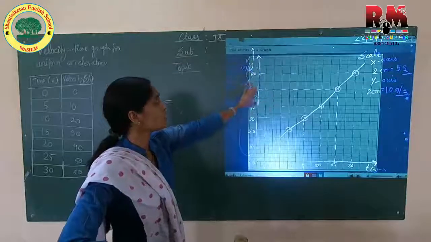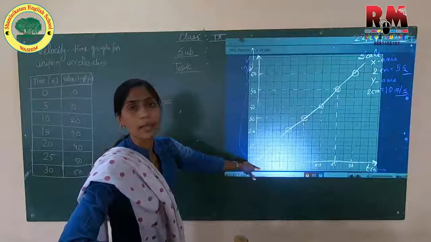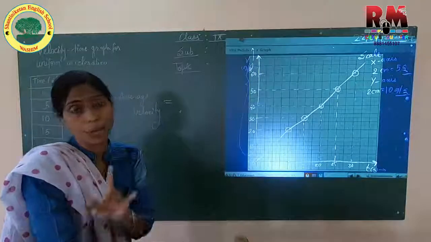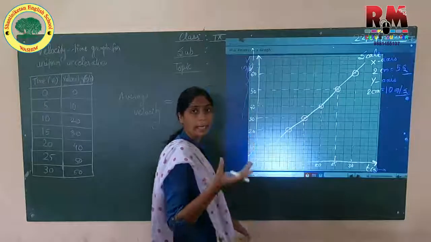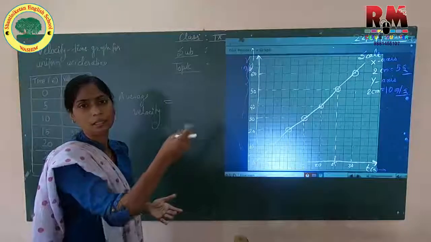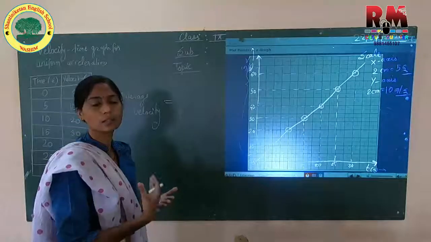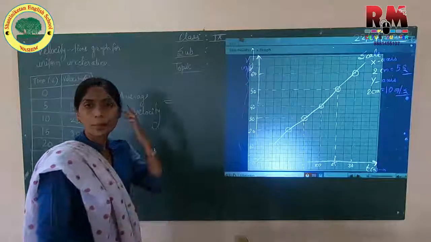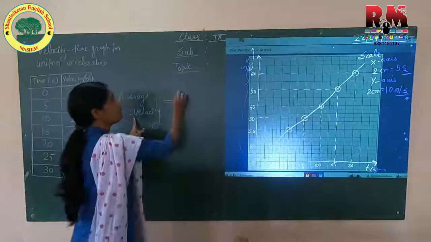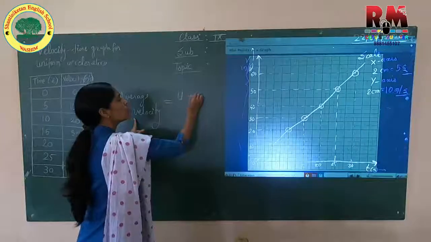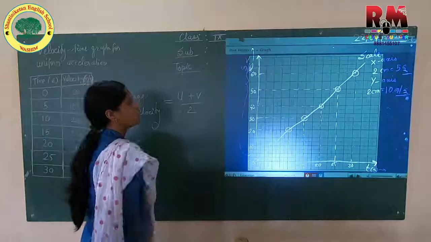But for average acceleration, what values you will take? Total velocity and total time. When the motion is non-uniform, I am repeating, you have to take all the values, add them, whatever the formula: if speed, distance upon time; if velocity, displacement upon time; if acceleration, velocity upon time. But here, for finding average velocity for uniform motion, u plus v upon 2. This is initial velocity plus final velocity upon 2.